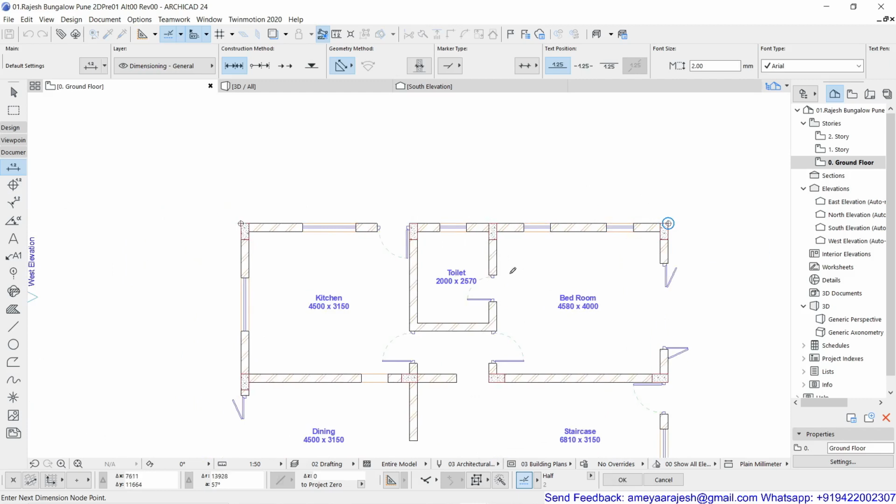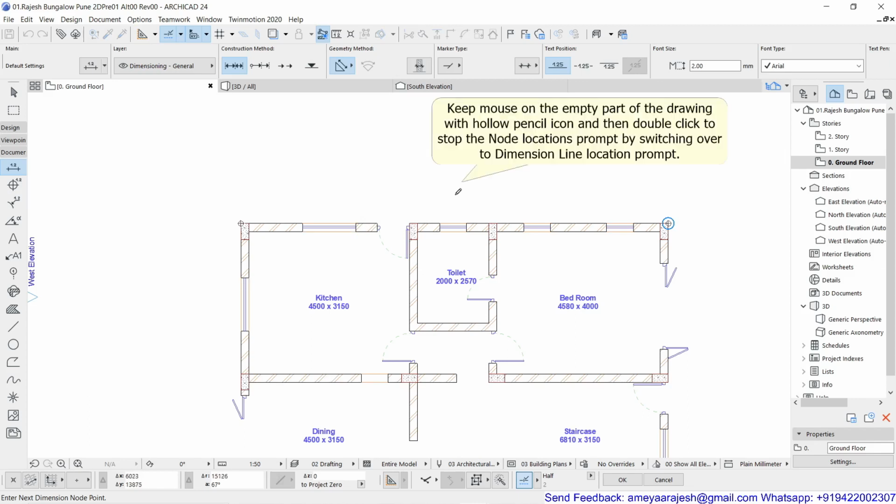If you realize that you have given sufficient node locations and want to proceed with placing the dimension, you have to make sure you have this hollow pencil cursor icon, which is now on an empty part of the drawing. If I touch any object, you can see it becomes semi-filled or solid. So I'm keeping it hollow; it is mandatory that you keep your mouse cursor on the empty part of your drawing and just double click.